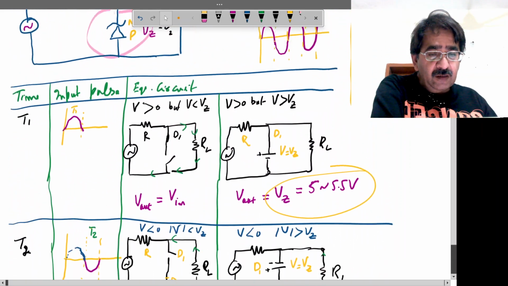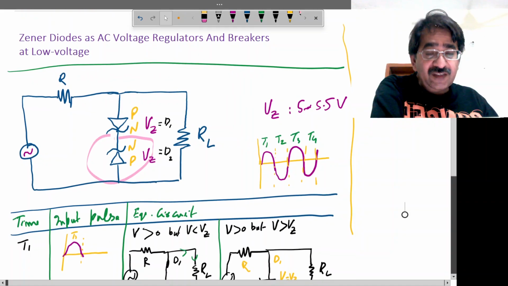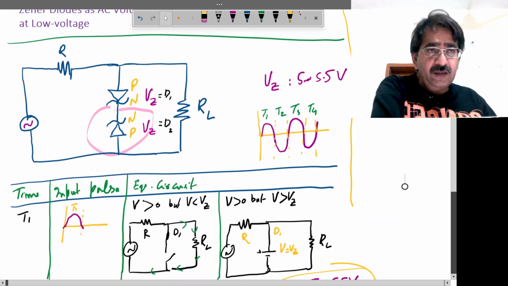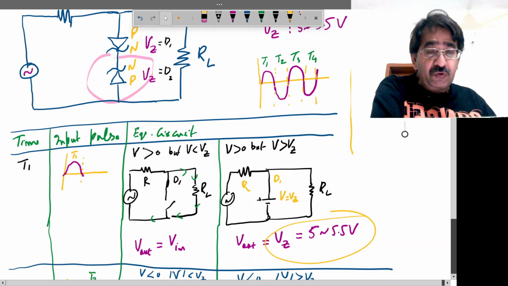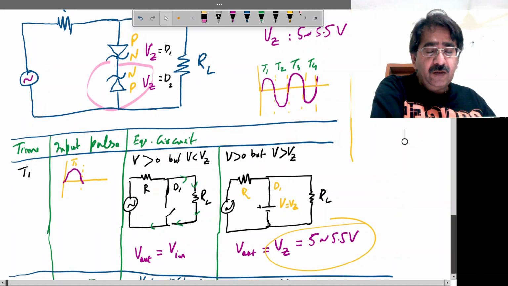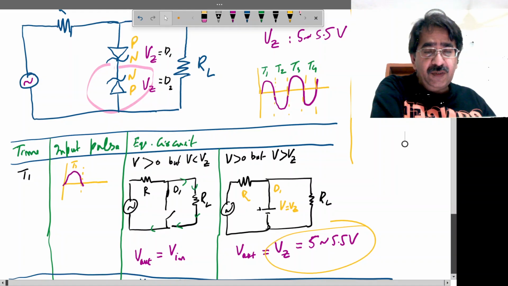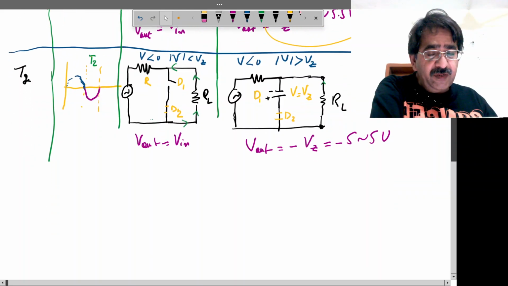For that case, I have to join two diodes in series. As in the case of DC voltage, we join a single Zener diode, but in the case of an AC wave, we have to consider two diodes, not a single diode. This is true for regulating high voltage. Two Zener diodes will be connected in parallel to the load resistance. Similarly, for breaking at low voltage, we have to connect